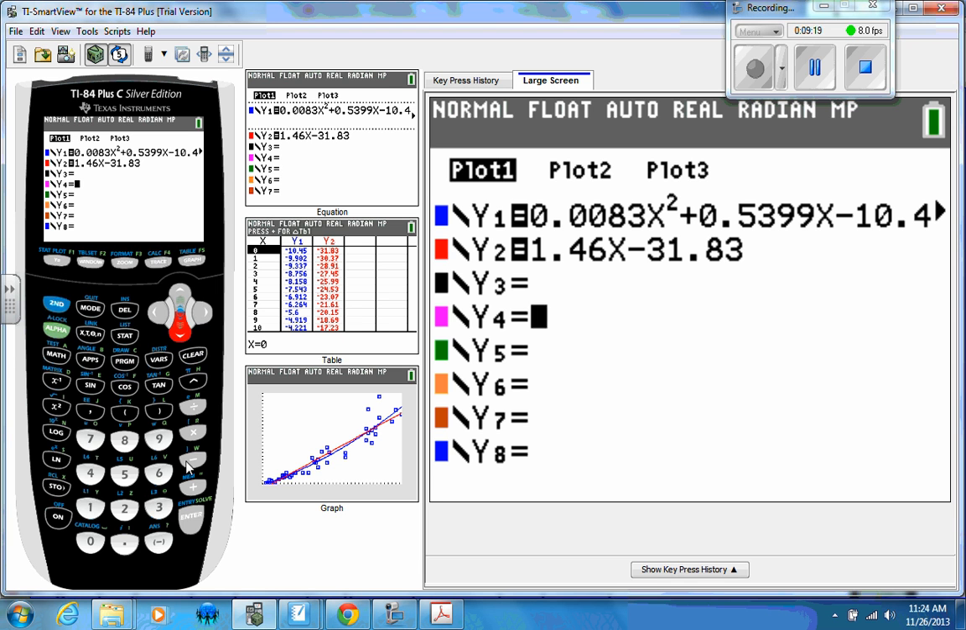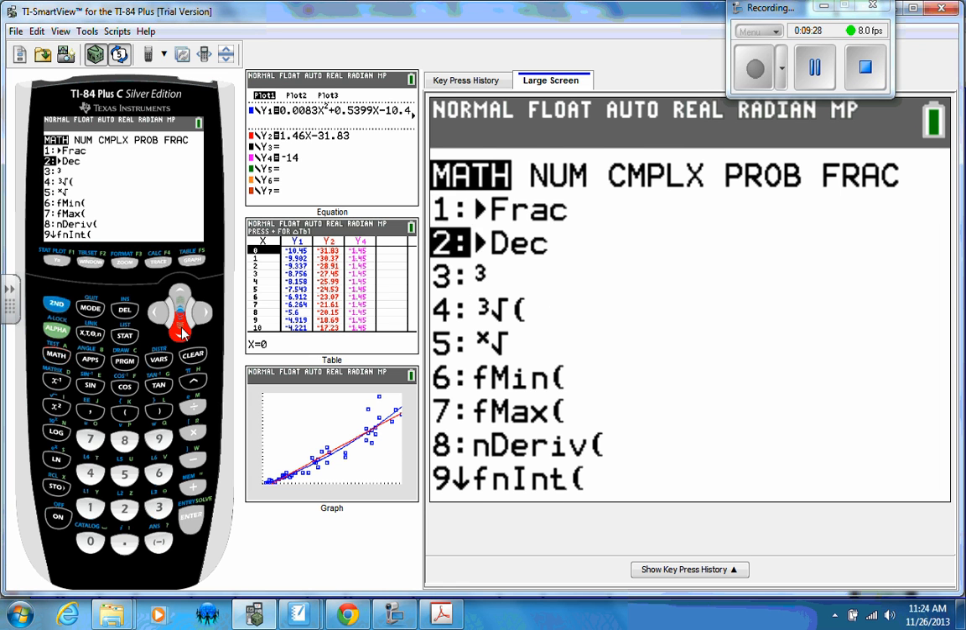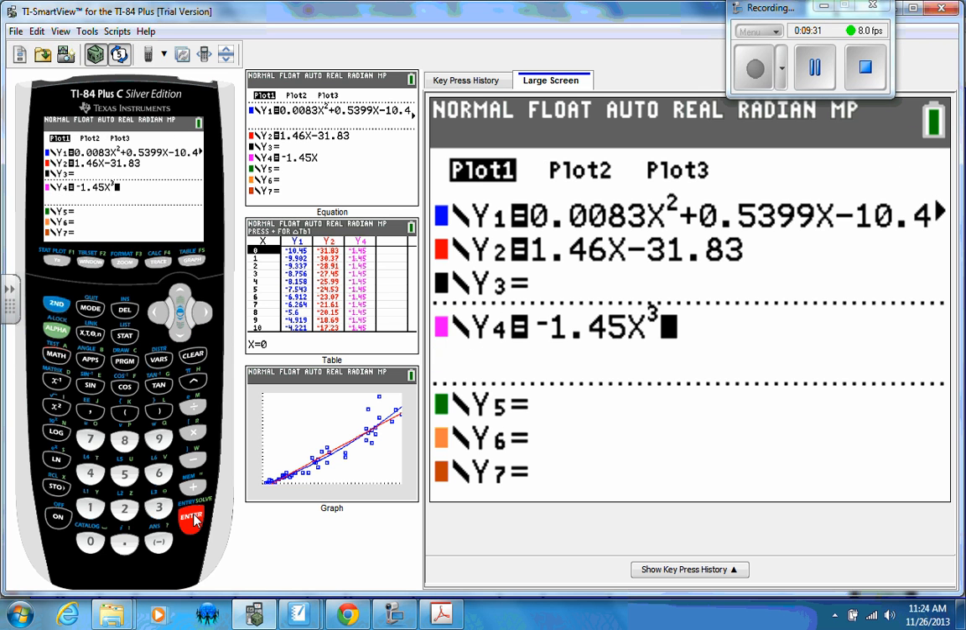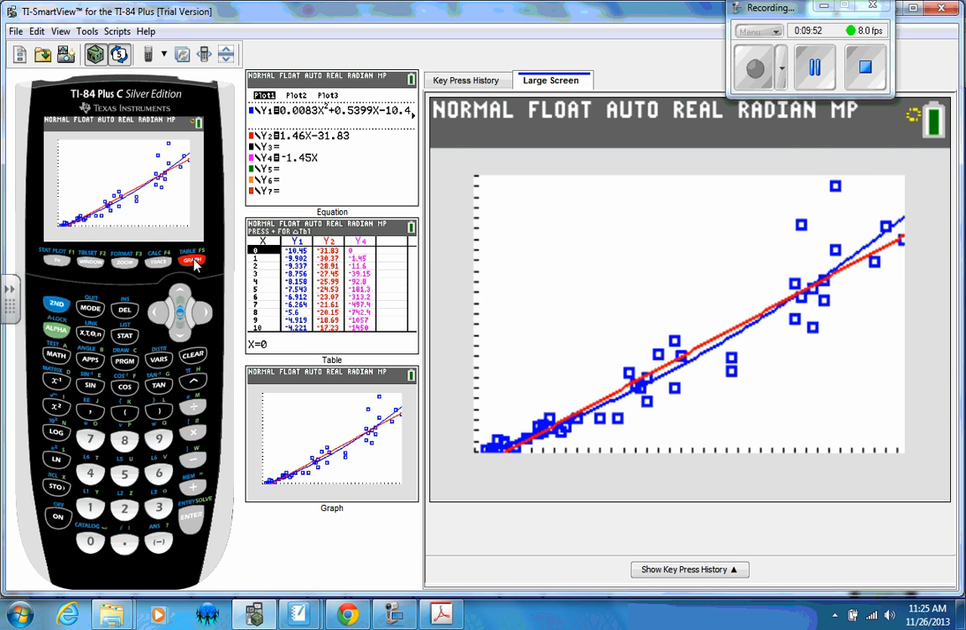So it's not the subtraction. Remember, it's a negative 1.45x. How do you get a cubic? You go to math, and in math you go down to number 3 to get the 3, plus 0.033x squared minus 0.71x plus 8.47. So if I graph this one, I'm going to get a third line,